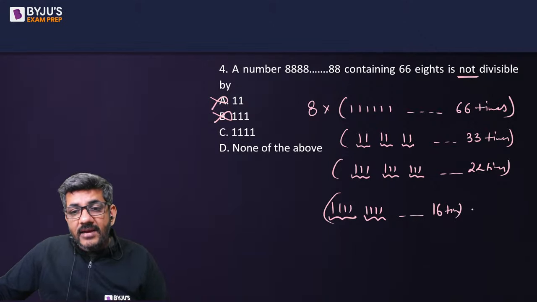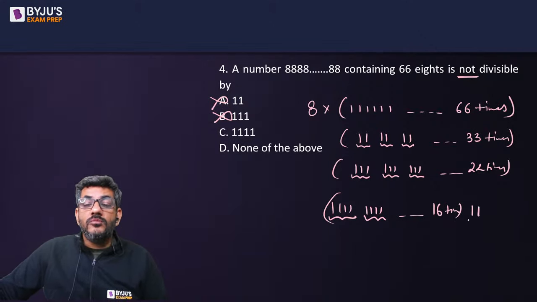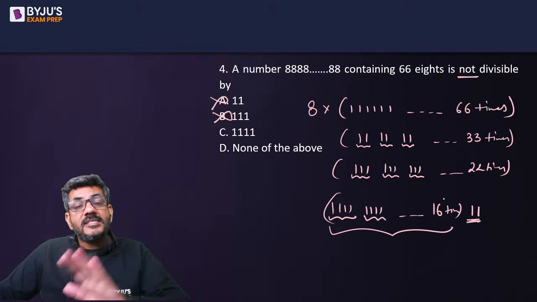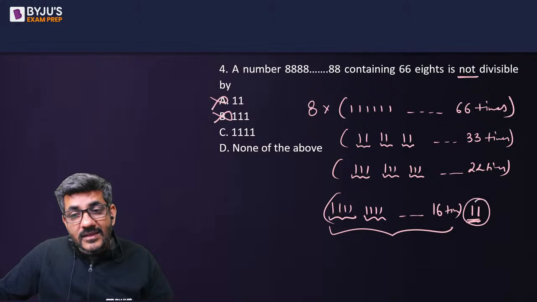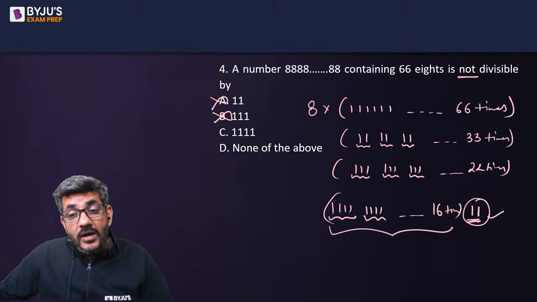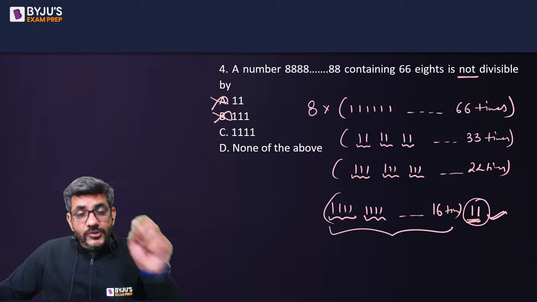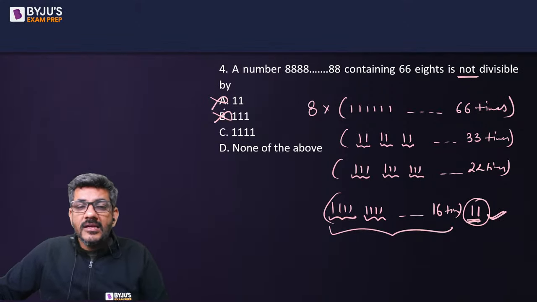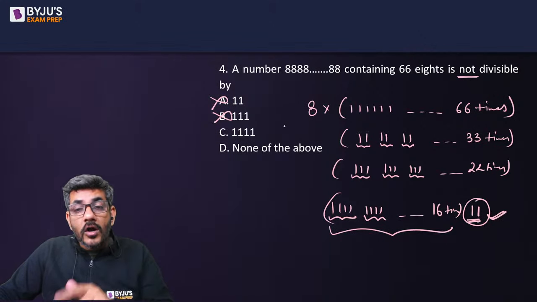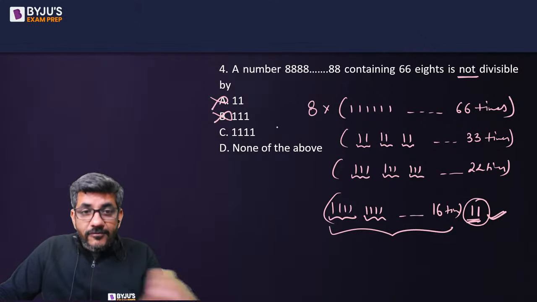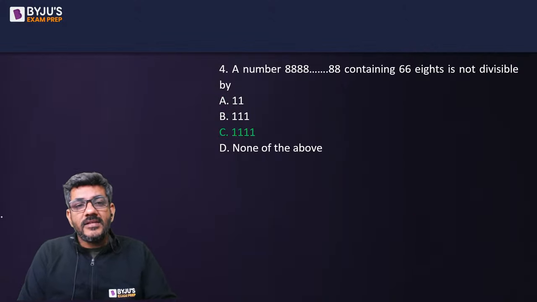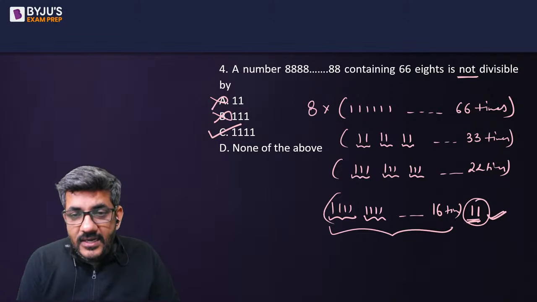But after that, I would have 2 more ones. Because 16 times 4 times 1 is written, that is 64 ones, so 2 more ones are there. Now this all will be divisible by 4 times 1, but this is not divisible by 4 times 1. So I can surely say it is divisible by 11, it is divisible by triple one, but it is not divisible by 4 times 1. So option C, that is 4 times 1, is the right answer for us. That is the correct option for this one.